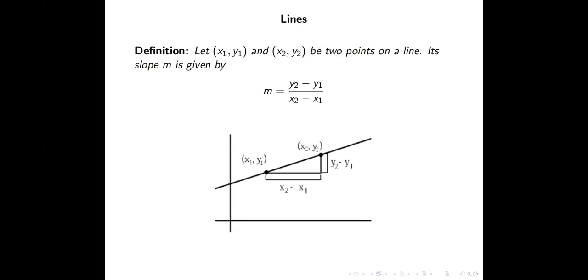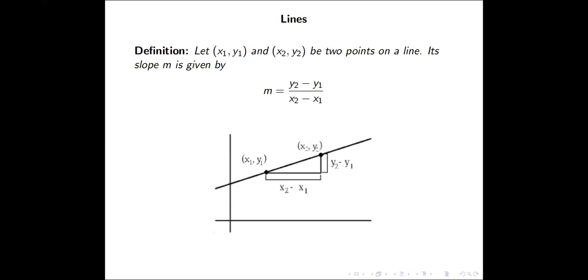So we know that to get the slope of a line, we need at least 2 points. Well, you can be given more than 2 points, but we know that the slope is independent of the 2 points chosen. And of course, you can determine if 3 points are collinear by checking if they have the same slopes. Or rather, you get the same slope no matter which 2 points you choose.